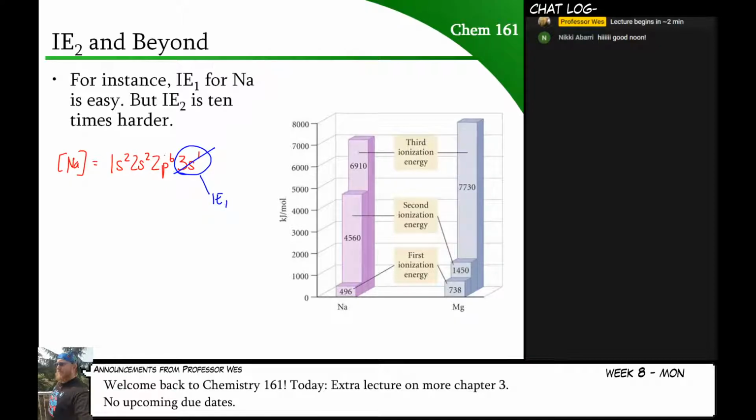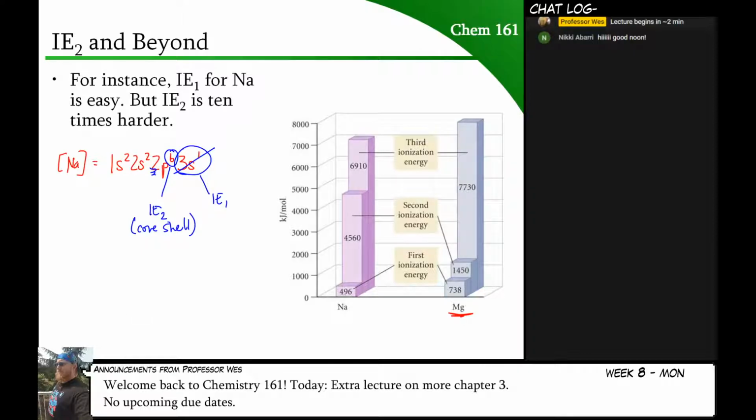But if I go to the next ionization energy, this would be my IE2. And you can see that it's coming out of a core shell. When you're pulling electrons out of the core shell, the energy to do that is much, much higher. You can see the same thing for magnesium